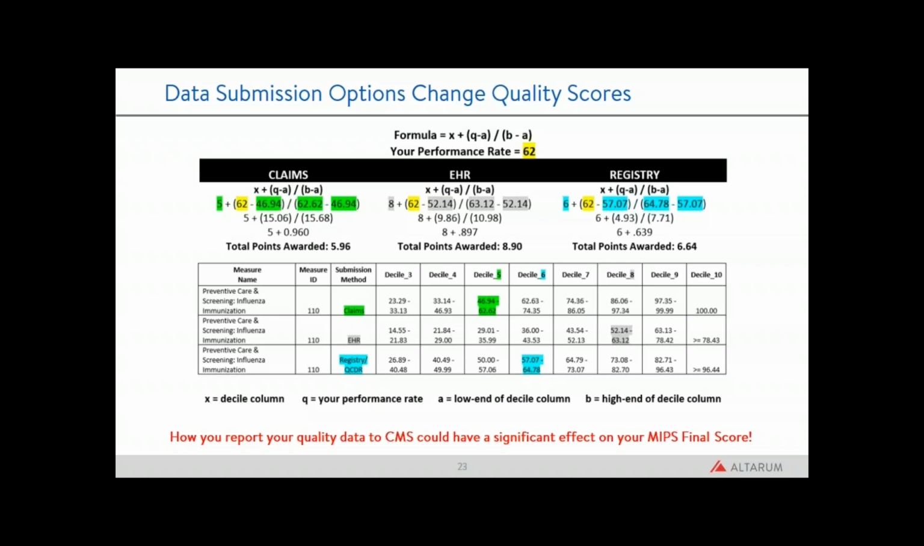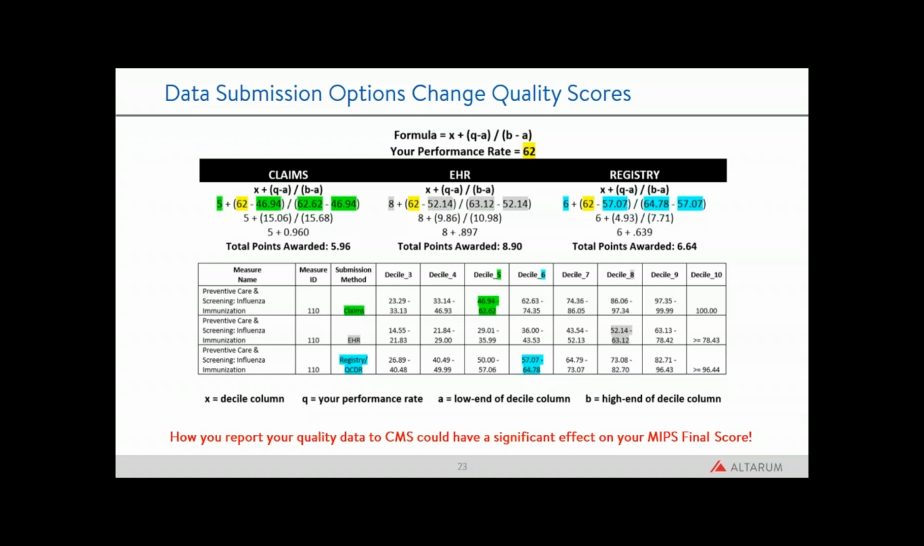So under claims-based reporting, which is green, you can see where we have different benchmarks set for each submission method. So the benchmark is what you're being measured against. So depending on what your performance rate is, the number of points you get on that measure is relative to how your performance rate measures up against the benchmark for that particular measure. There are, however, different benchmarks between submission methods. Benchmarks are set off of the average performance in prior years. And there is a wide range of performance that is reported depending on how that data is being sent to